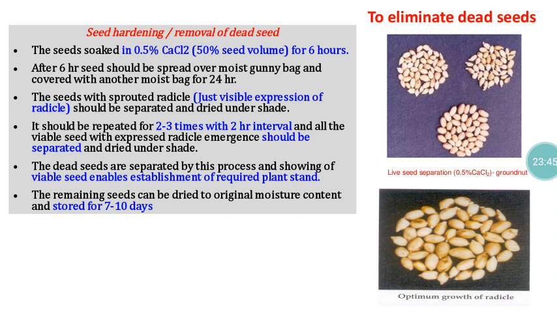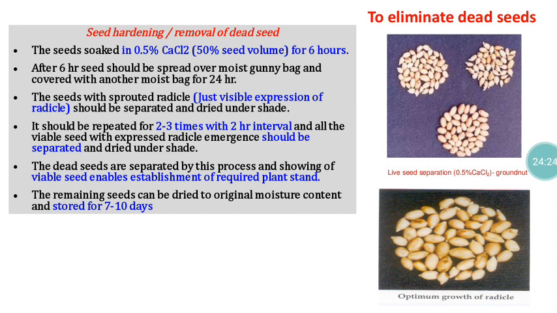So whatever seeds you segregated based on these particular symptoms, all those seeds are viable and able to produce normal seedlings. Once you follow this process, whatever seeds are collected for crop cultivation will all germinate and give rise to normal seedlings. In this case we can expect 100% germination. There won't be any problem of gaps or poor germination. No need to go for capping and all. That is the advantage of this particular technology.